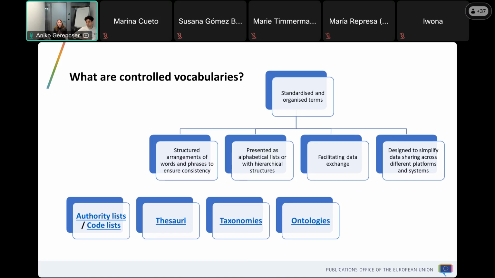The main aim of creating controlled vocabularies is to facilitate data exchange and to share data across different platforms and systems. We call them controlled because normally they have a governance board who are agreeing on what should be the structure, what should be the label, what should be the definition. So they are not just random sets of labels put together, but there is actually a control board who can verify the validity of the data and also the uniqueness of the data. And then they become